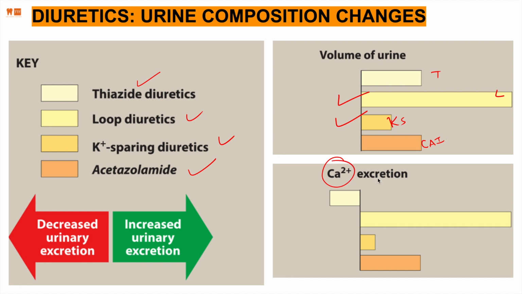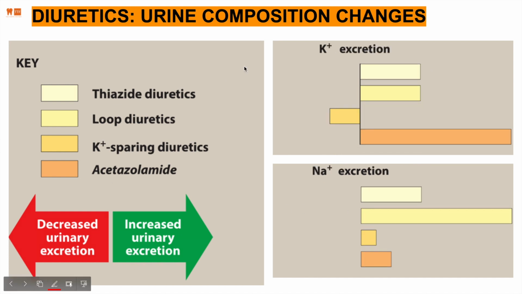In calcium excretion, thiazides prevent calcium excretion. Loop diuretics promote calcium excretion into the urine, and the others do as well. Okay, what about potassium excretion? Thiazides and loops have equal potassium excretion, but the potassium sparing prevent potassium excretion. Acetazolamide, carbonic anhydrase inhibitors, extremely high potassium excretion, which means that for